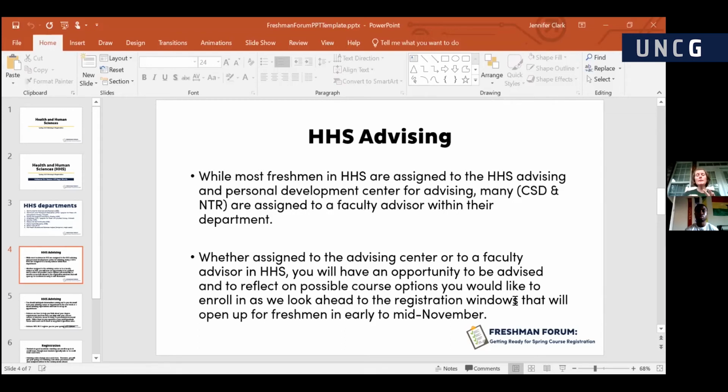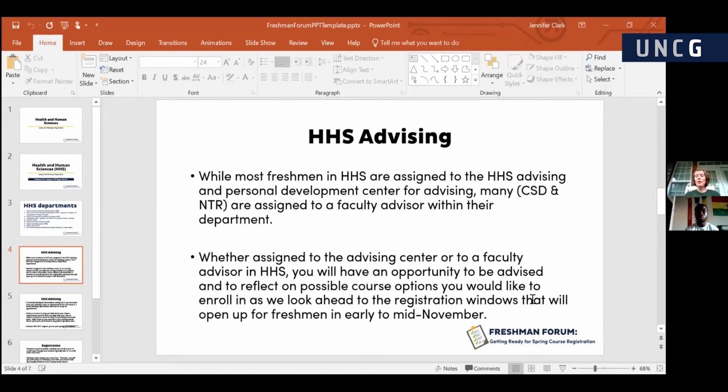Some students had emailed earlier asking whether this is going to be an advising and registration session. I'm sorry to disappoint those of you who may have thought that, but it's not. This is really an opportunity to help you think about how advising and registration might occur for you going forward and what it often looks like at UNCG. I think folks in the Student Services Office gave you a lot of helpful information right before you came to our session.